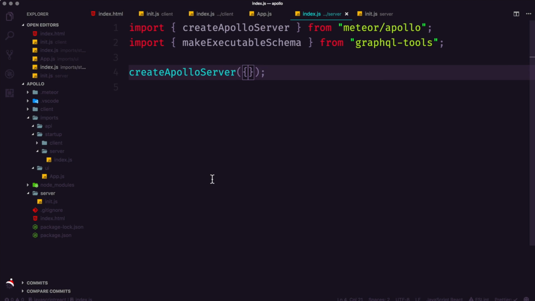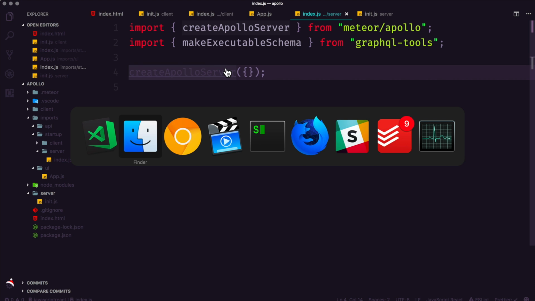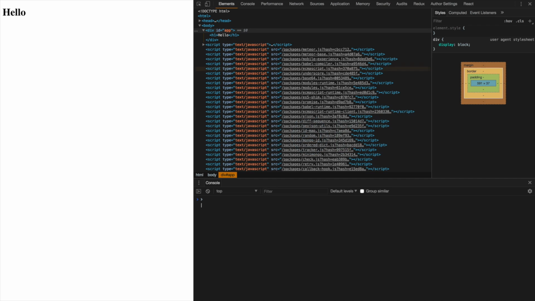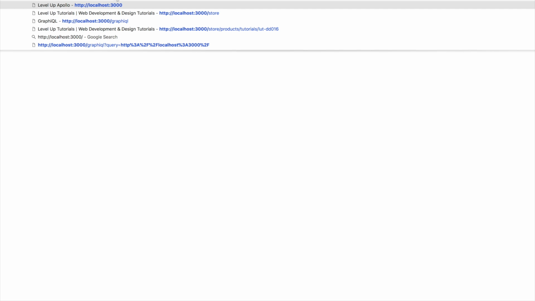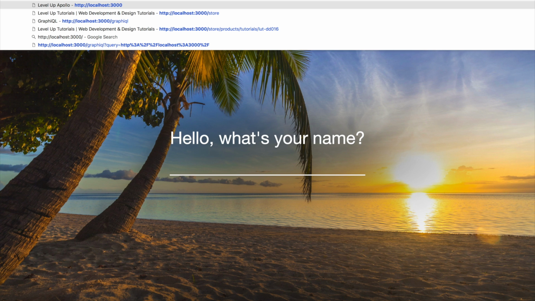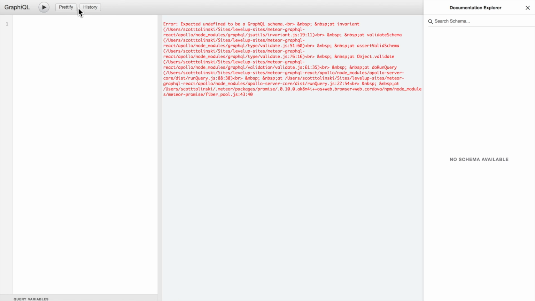Okay, so at the end of the last video, we just ran this create Apollo server and there was nothing in it. And so therefore Apollo is pretty worthless to us right now. But it is inside of our project. And what that means is that if we head to our site, to our localhost, at this point, my app is at localhost port 3000. If we head to localhost port 3000/graph